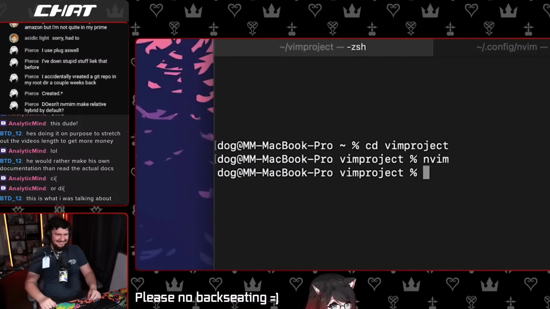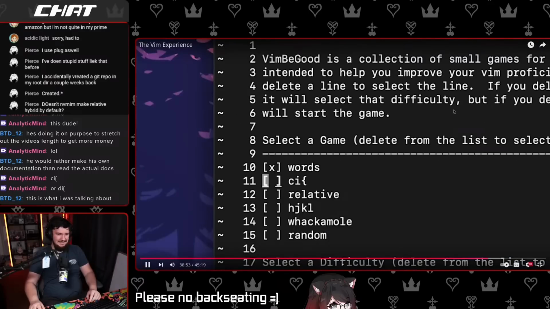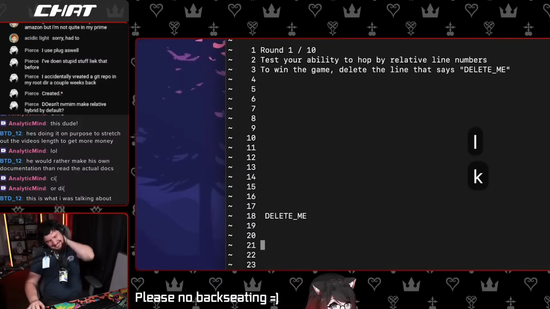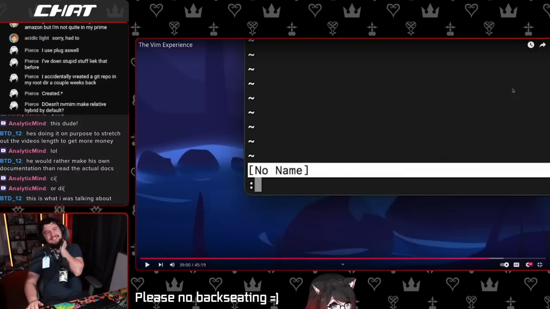Okay, so let's actually quit out of Vim in general. And let's do Neovim again. Enter. Then let's do Vim be good. And I don't think there are line numbers here. Or are there? There are. Okay, but these are just regular numbers, not relative numbers. So why does that not work? Like, if I see it say, hey, open something.lua, and I notice I have a something.vim, I'm like, why are those different? My next thing would be, what is a init.lua?